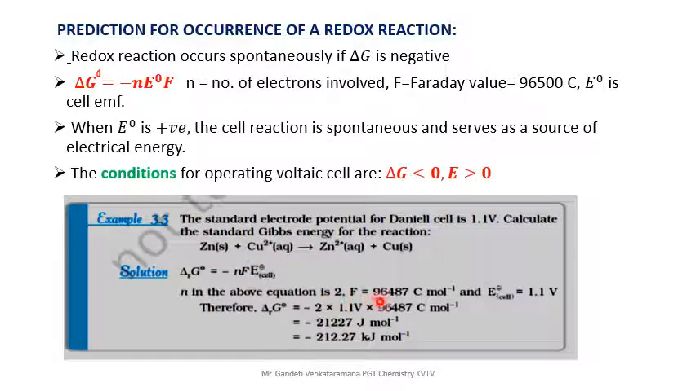F, 96,500 you can take, or 96,487. It is better to take 96,500 coulomb per mole. E naught equal to 1.1 volt from the data. Write the formula and substitute all the values we have, and finally you will get minus 212,300 joule per mole. We are getting the value in terms of joules. Remember, divide by 1000, then this is the value in terms of kilojoules. So this is the procedure for how to calculate standard Gibbs energy. This is a very important formula,